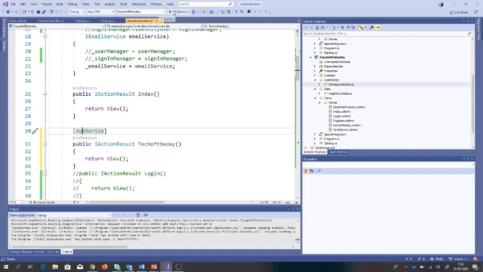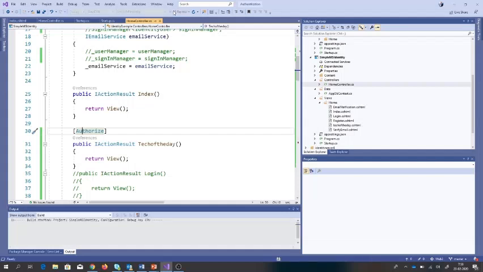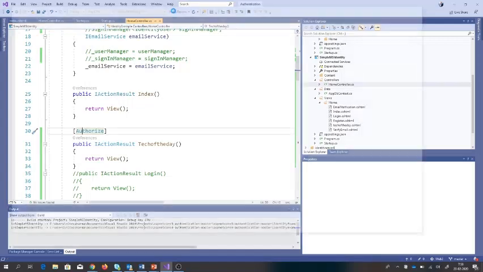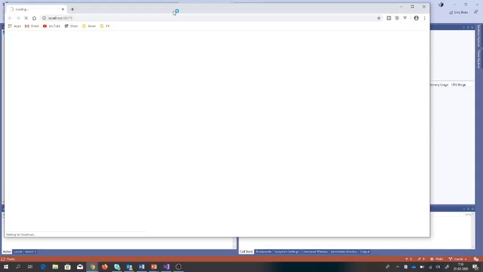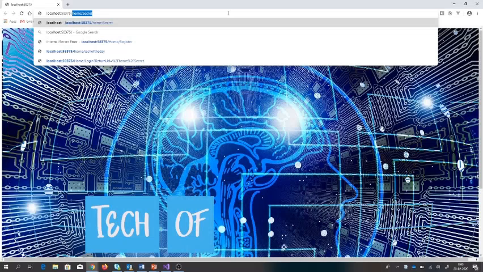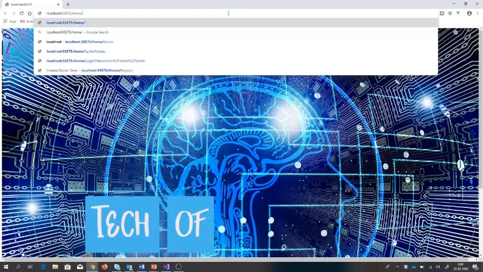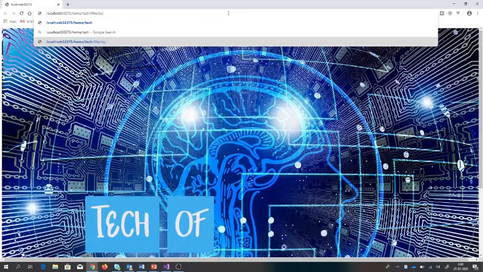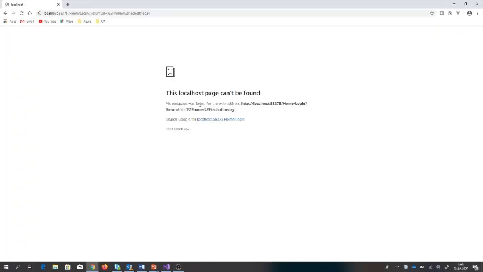If I run this, okay, let's see how it goes. Okay, because for the first page I didn't say anything, and now I'm going to say tech of the day. And it cannot be found. Why? Because I did not say